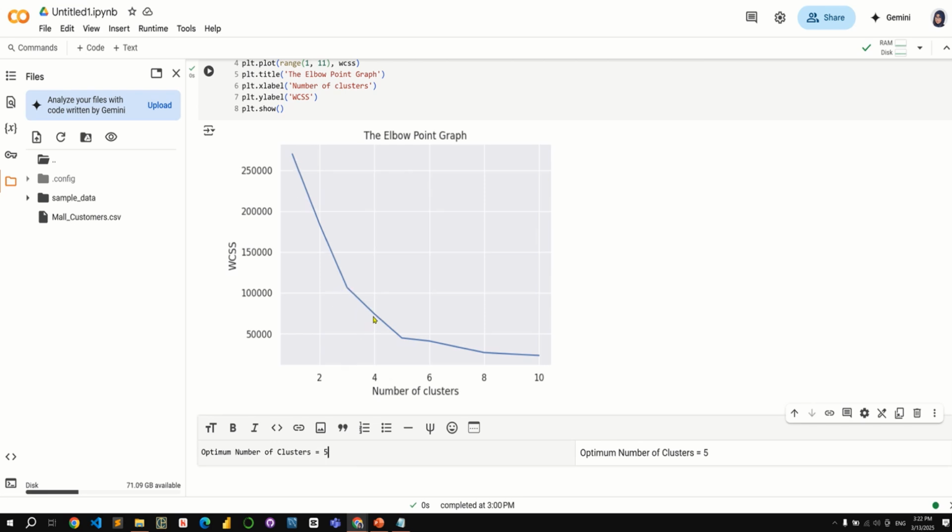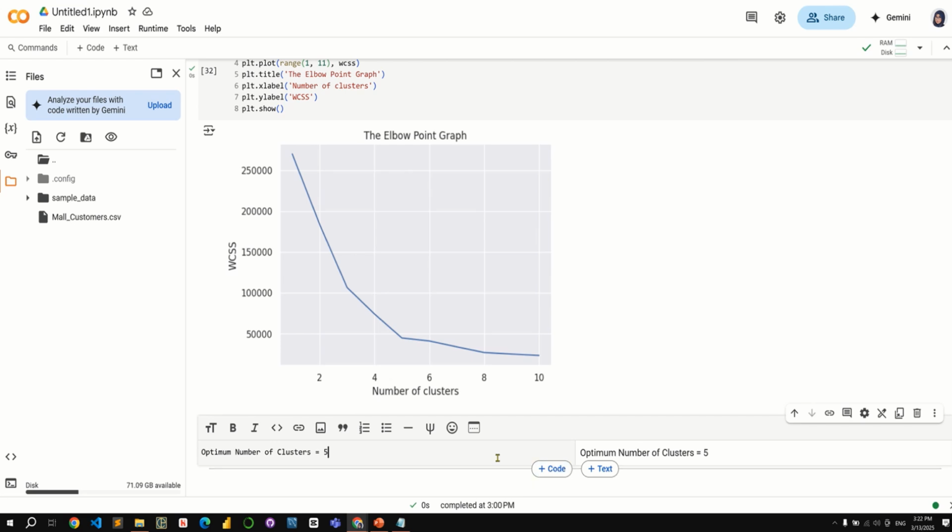Now 4 has a very significant abrupt drop, but from 5 onwards there are only very slight changes, not much abrupt change. So I will use this elbow point of 5